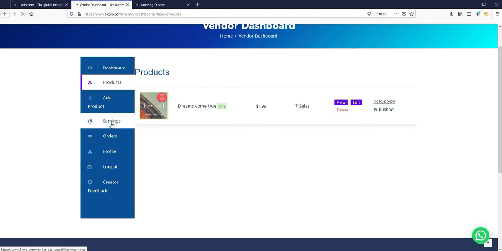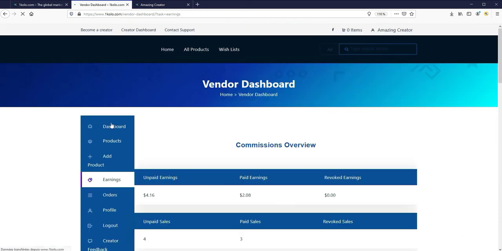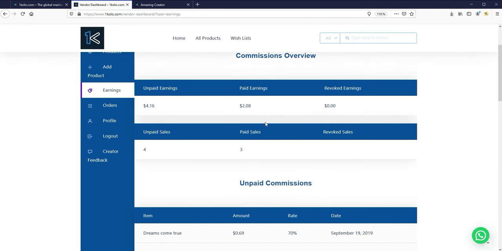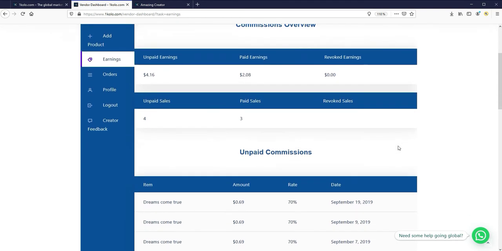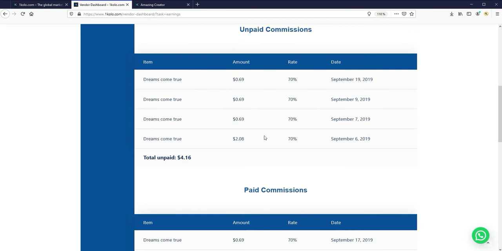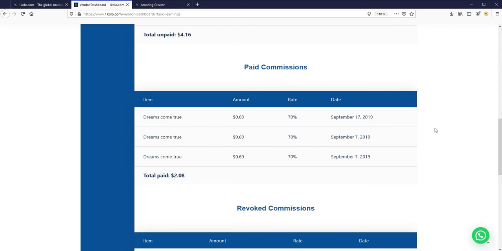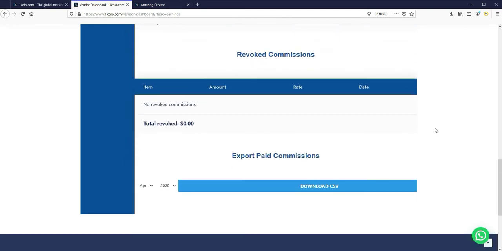You have the earnings tab that shows you your earnings. So you always have a clear picture of exactly how much the platform owes you, how much the platform has already paid you, and you know exactly what came in and from which product, if you have many products already. So this is totally transparent, and you have all the information you want, and you can export these paid commissions as a CSV file, which is